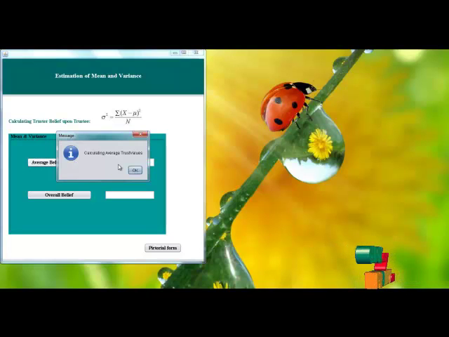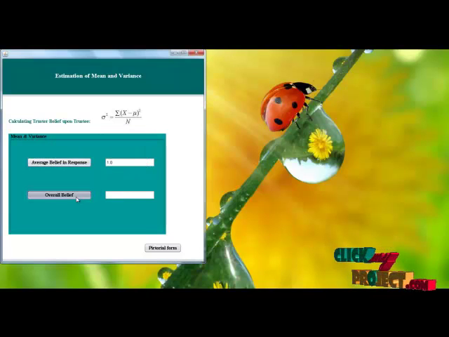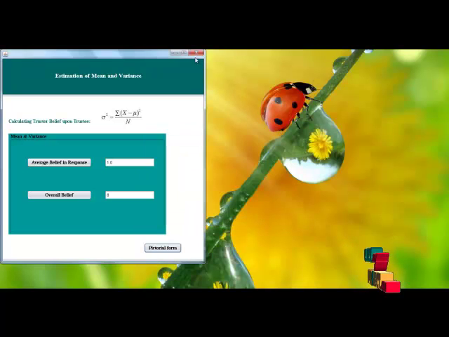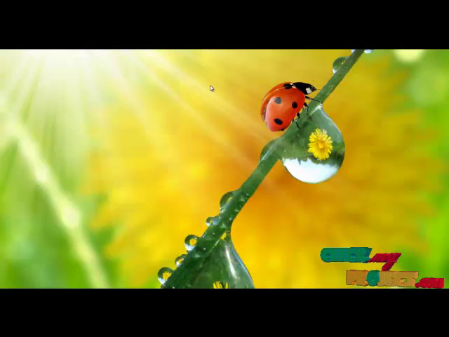Average belief in the response we are calculating, and it is 0 and the overall is 8. In pictorial form, user belief and the percentage. We find out the trust value by the user comment. Thank you.